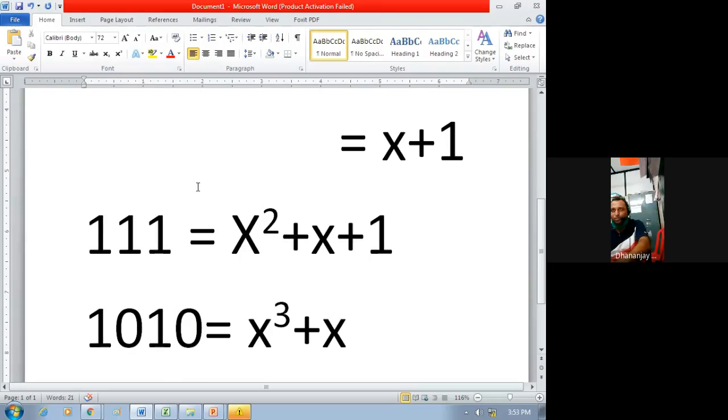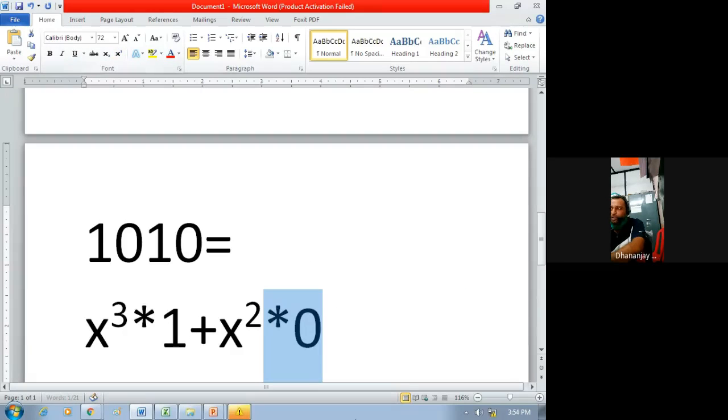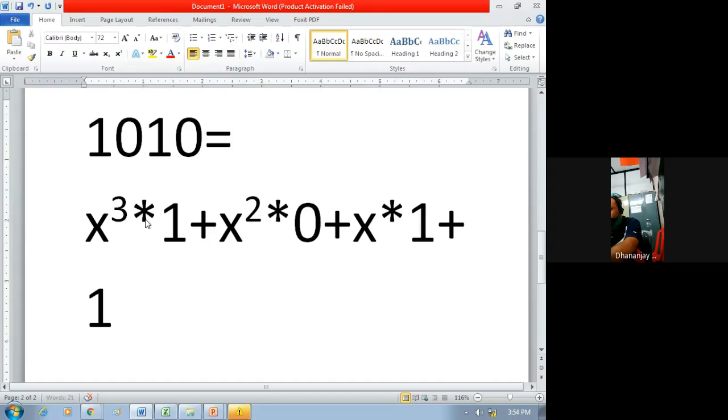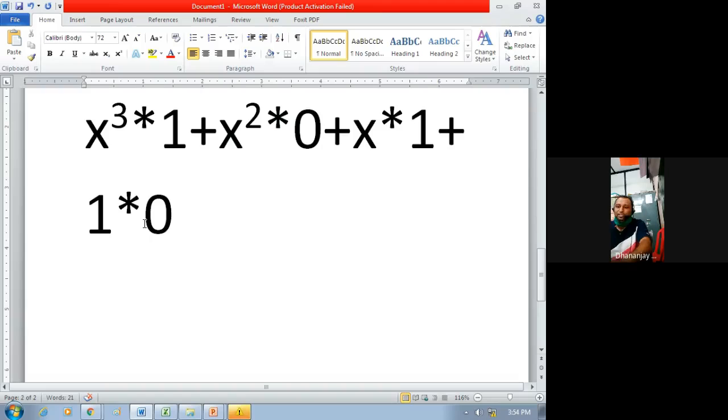ऍक्च्युली हे कसं डिनोट करू शकतो आपण? x cube into 1. कारण इथं ऑलरेडी तुमच्याकडे काय आहे? इथल्या पॅरामीटरची व्हॅल्यू काय आहे? 1. त्याच्यानंतर काय येईल? x square into 0. प्लस नेक्स्ट काय येईल? x into 1. आणि त्याच्यानंतर प्लस काय येईल? 1 into 0. आणि मग याचं आउटपुट फायनली येईल